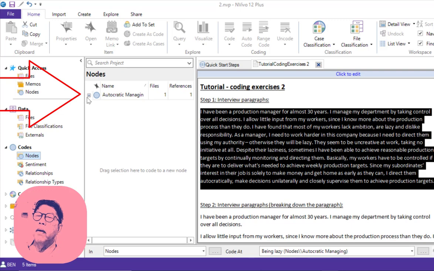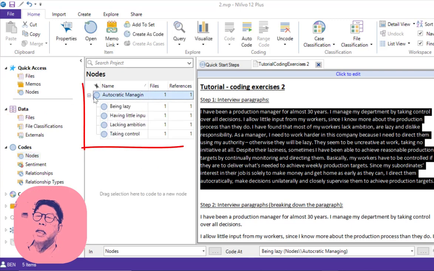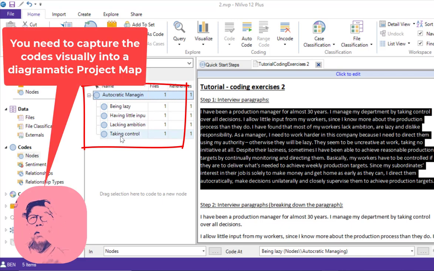Autocratic managing, they have several components. Being lazy, worker is lazy, having little inputs from the worker, lacking ambition, and taking control of the worker's situation. So that's the one. So you need to capture that into the project map in a diagrammatic figure.